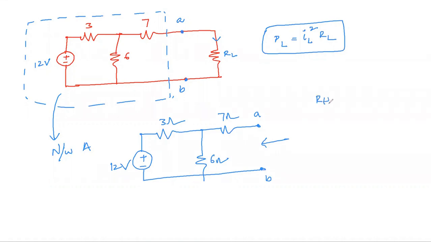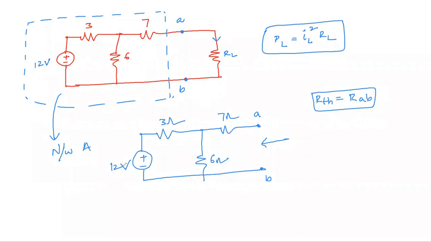Like this we have. So now, in order to find RThevenin, it is nothing but RAB. So we have to find equivalent resistance across A and B terminals. While finding RThevenin, first and foremost thing we have to do is, whatever the voltage or current sources that are present in the network, we have to first make them 0.